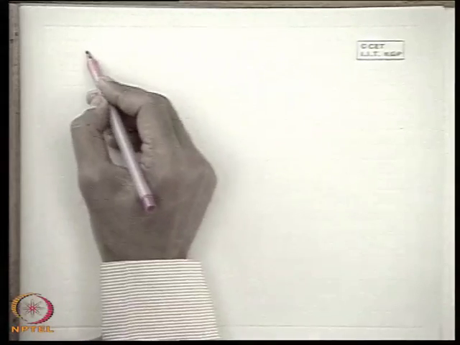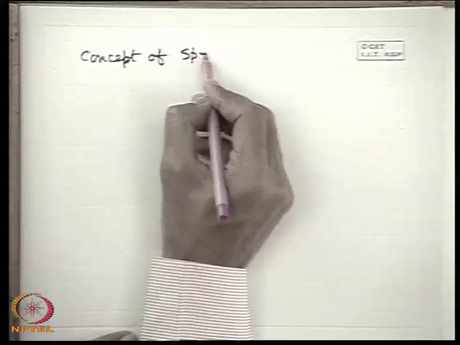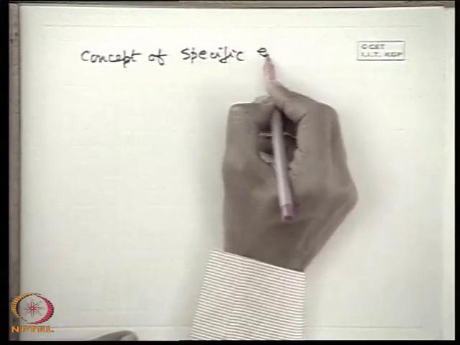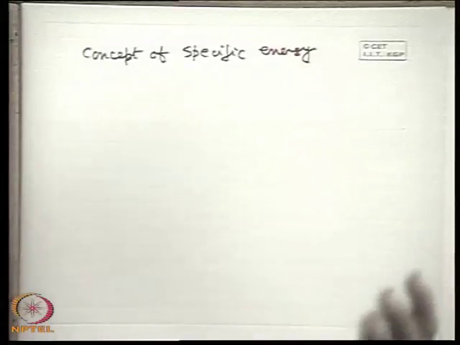Okay. Now, next I will start the concept of specific energy. Concept of specific energy. Now, you know the total mechanical energy in a fluid is the sum of the kinetic energy plus the potential energy because of its position in a conservative body force field. If we consider gravity is the only body force field, so it is the gravitational potential energy plus the pressure energy. And energy per unit weight is the total mechanical energy per unit weight or total mechanical head.